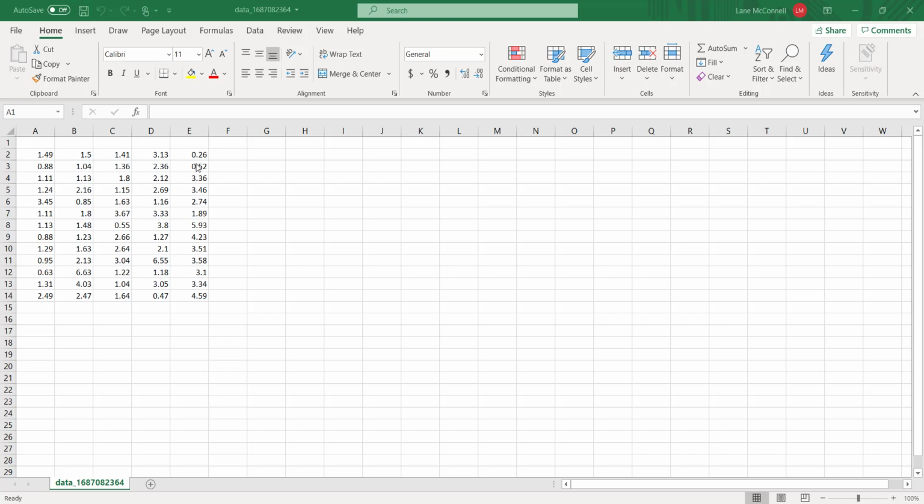The first thing I want to do is get it out of this format that it's in. Right now it's in 5 separate columns. I want it to just be one long column. That's going to make it a lot easier to sort the data. There are some kind of tricky ways to do this, but the easiest way is to simply